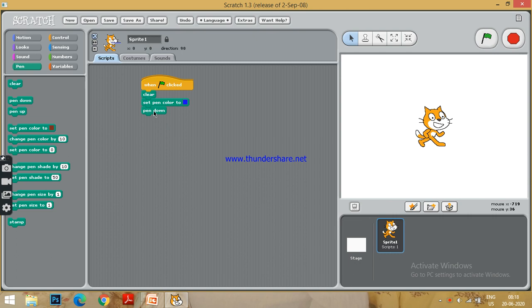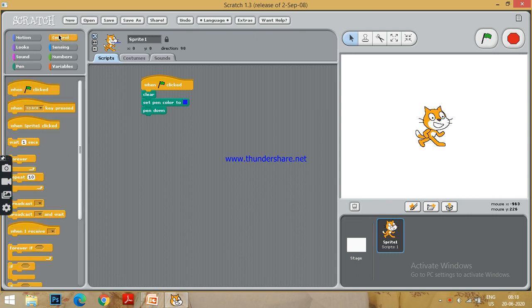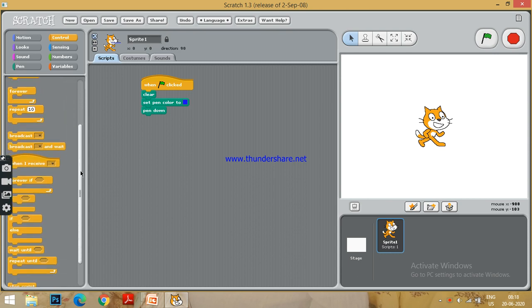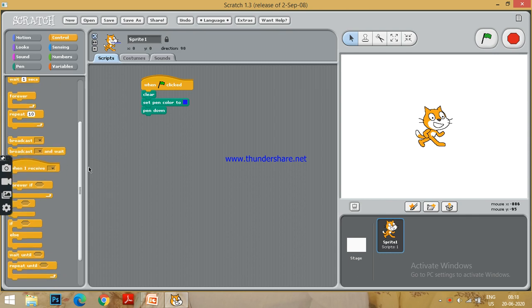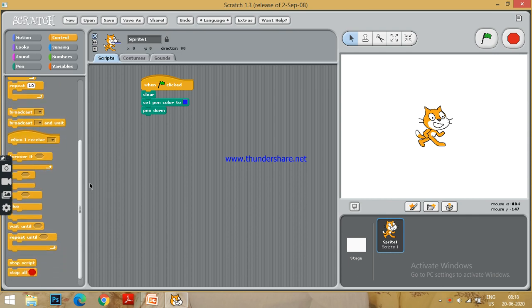I have to draw 4 times. So to do this 4 times, I have to move to the control option and repeat it 4 times. To repeat 4 times, I will select the repeat block. Where is the repeat block? Here in the control block.